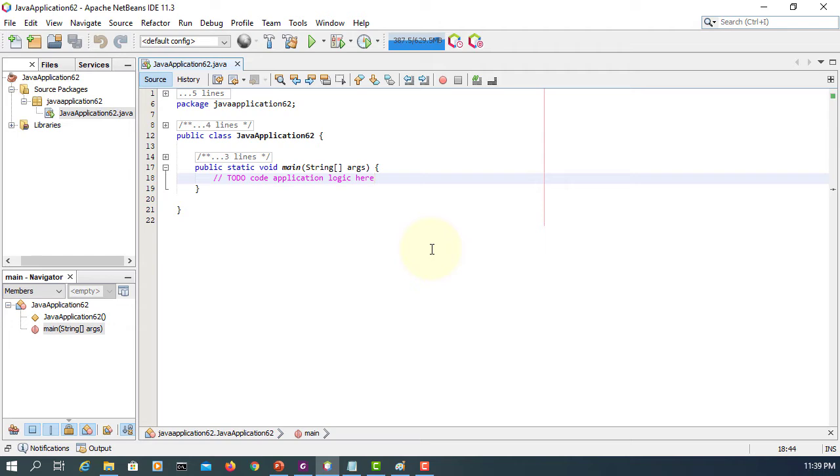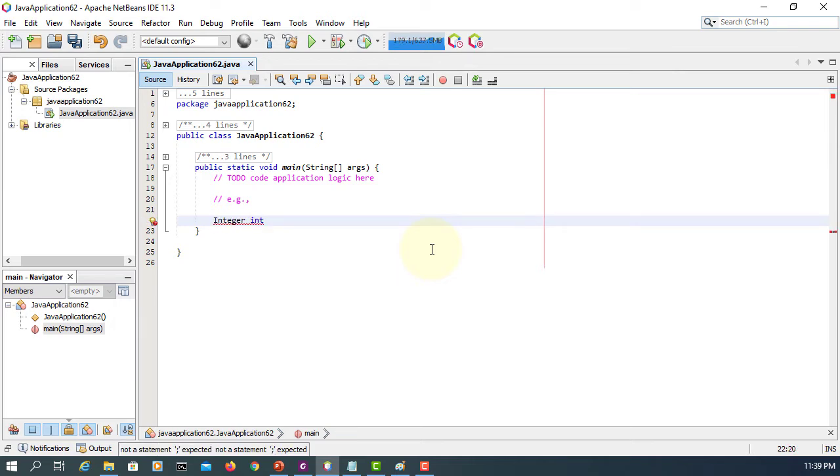Many Java classes already implement the Comparable interface, which has one abstract method called compareTo. It should be overridden by its subclasses. So let me start with the Integer object,